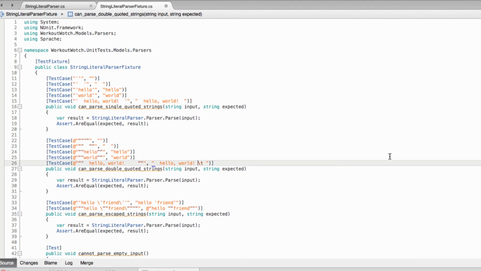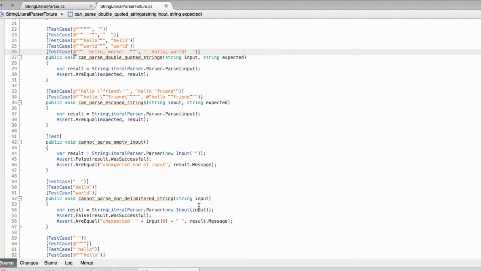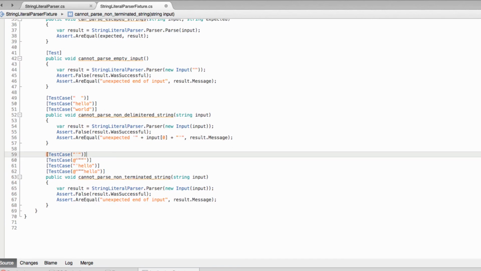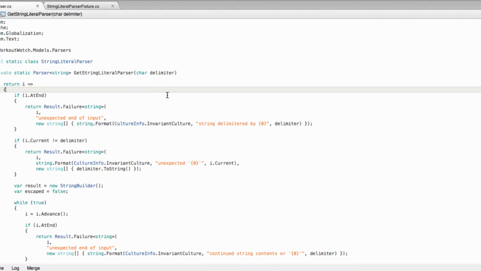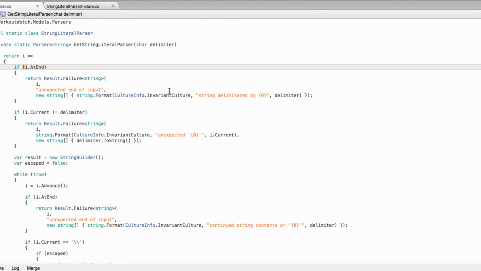So I will just remove those. This one was wrong as well. And try that again. Okay, now we're passing. So that is our string literal parser,